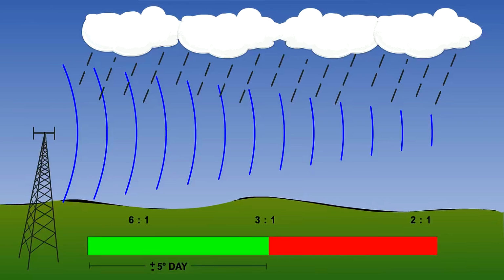As the range of the aircraft from the NDB increases, so the signal becomes weaker and therefore the signal-to-noise ratio decreases. In the United Kingdom, the minimum signal-to-noise ratio which is considered acceptable is 3:1. This should produce a bearing accuracy of within plus or minus 5 degrees by day only within the designated operational coverage.